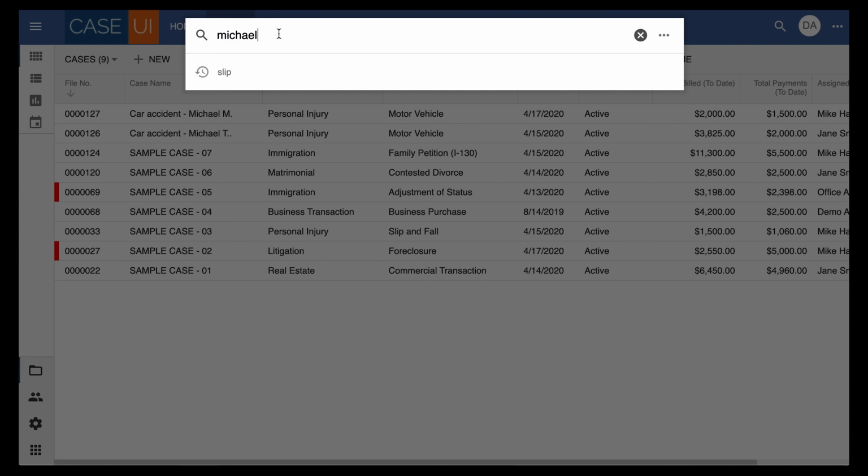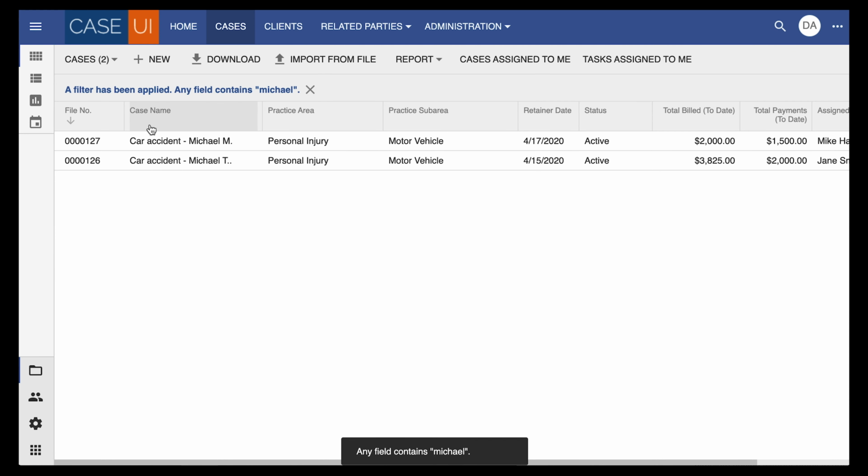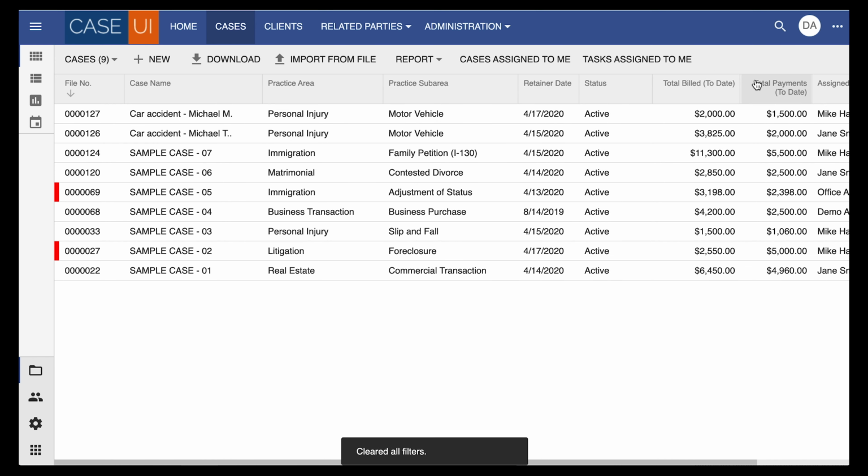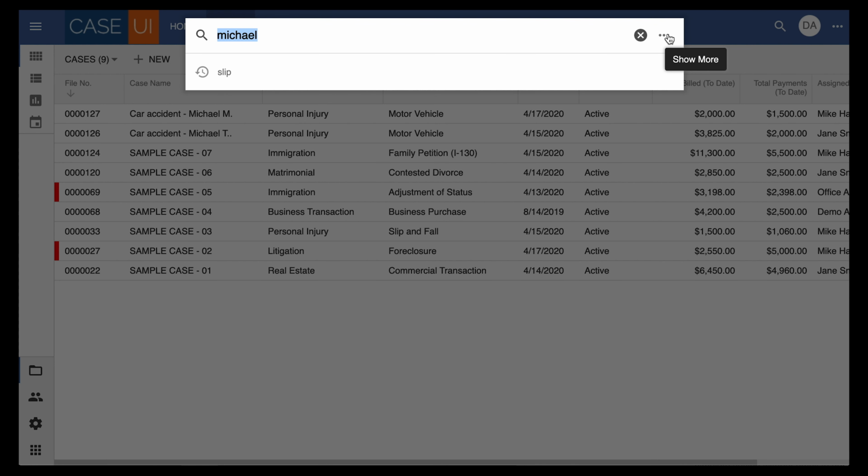So here I'm going to look for Michael, and there are 2 filtered results, and the word Michael is in the case name. But the search function is searching any field. It's looking through all the fields to find the term I'm looking for. Let's clear that. If I want to be more granular, I can go to the advanced search.